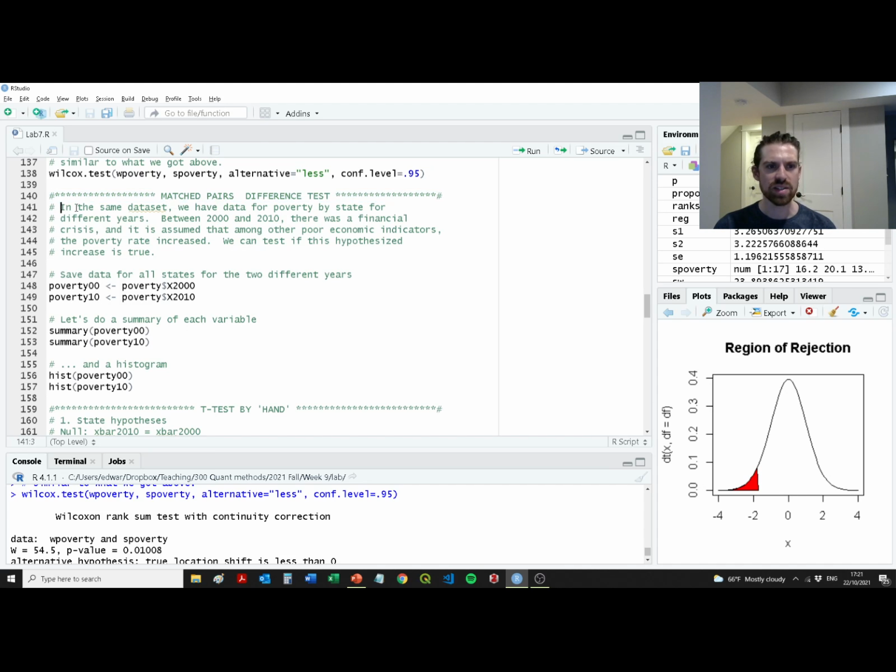So in the same data set, we've got data for poverty by state, but this time we've got the time series between 2000 and 2010, okay? In the year 2000, the American economy was very hot. It was in the middle of the dot-com boom and bust, when the internet and websites were really first kicking off. And essentially the poverty rates at that time, we suspect, were probably lower than they were in